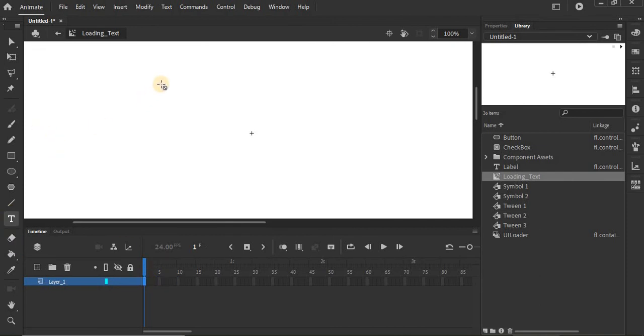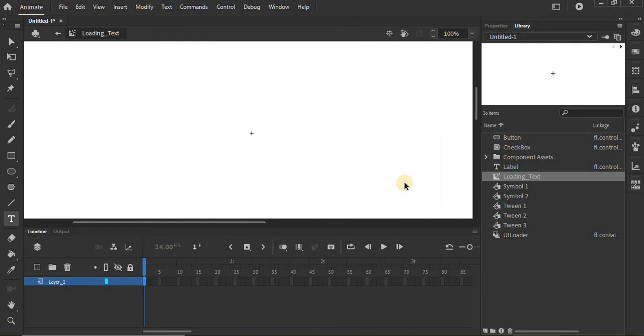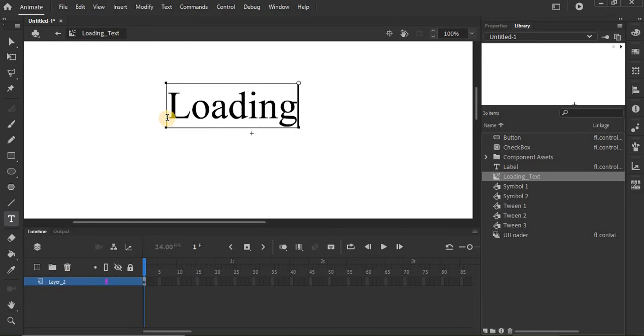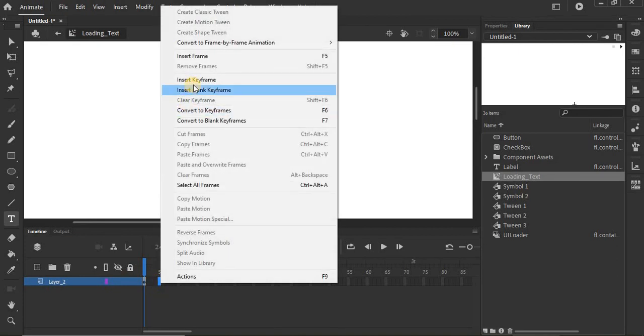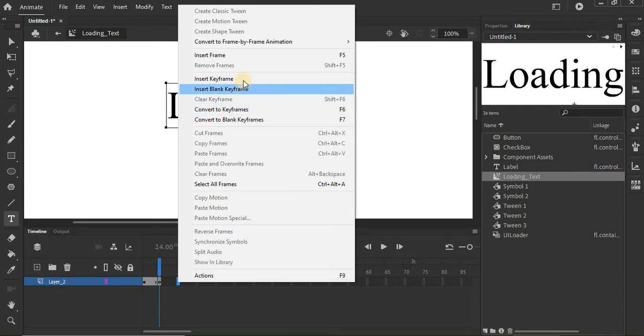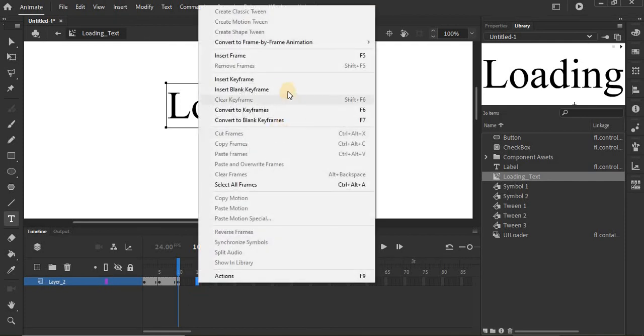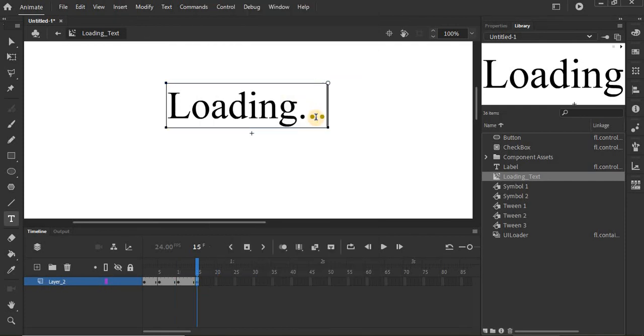Okay, loading text. Okay, so I'll delete the layer over here. I'll add another layer. We'll delete this one. Okay, so loading. Okay, on fifth, I will put insert keyframe. I'll put one dot. 10th, insert keyframe. I'll put another dot. On 15, insert keyframe. The reason I'm putting so much differences, so later on when this